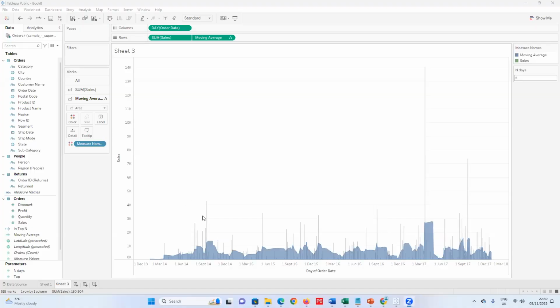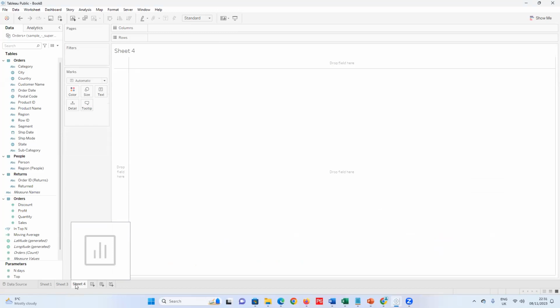So let's move quickly to the next one, guys. We'll create another sheet again. This one is for understanding what is happening within sales or within profits, like within a particular day. Maybe you want to highlight the total sales within a particular period. I want to show it in graphical form. But before I do that,